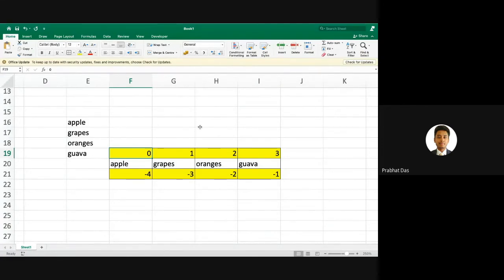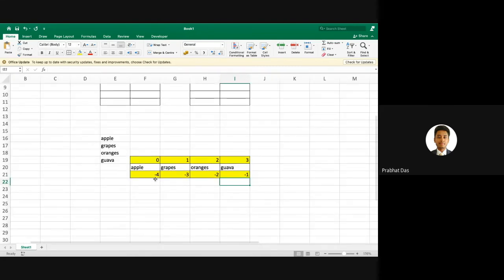Why am I saying n-1? Because if we have 4 elements in the list, you can see the count is written over here, 4. If you are using positive indexes, the index will go from 0 to 4-1, that is 3. And the negative index will start from -1 to -n. That means if we have 4 elements, it will go up to -4, similar to what we have learned in strings. That's why we classify strings and lists under the category of sequential data types. Please try to understand, under the category of sequential data types, we have strings and we have lists.